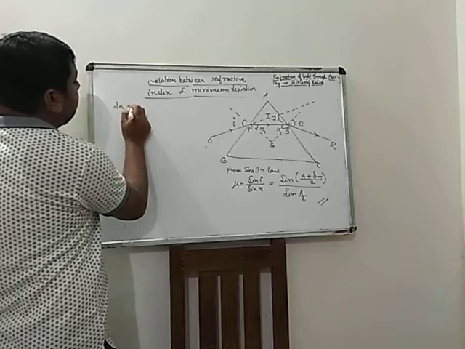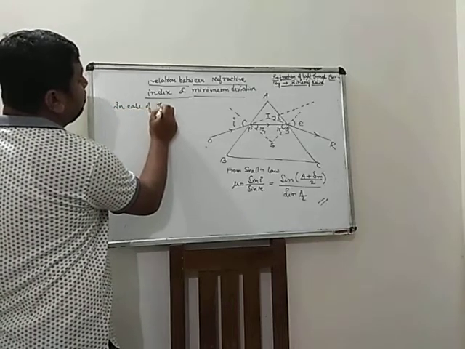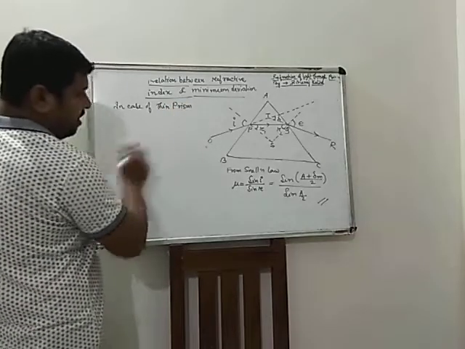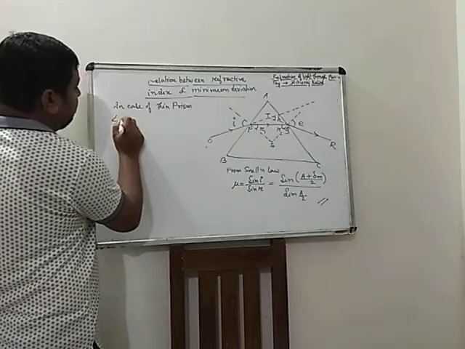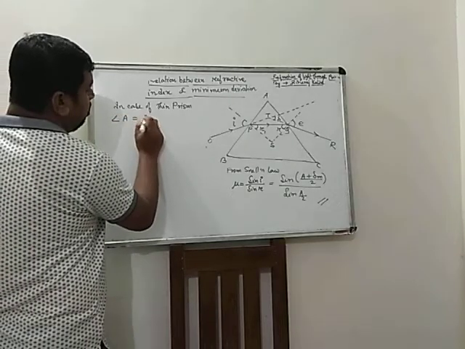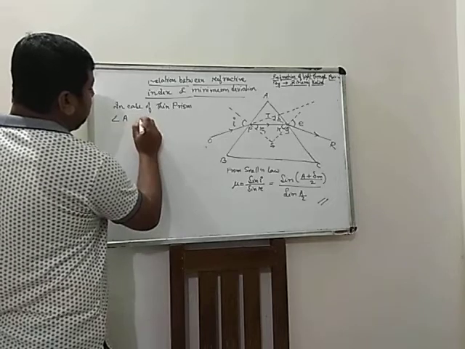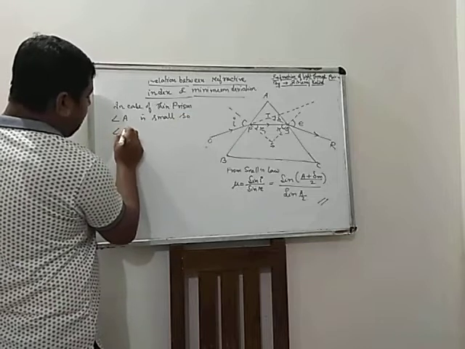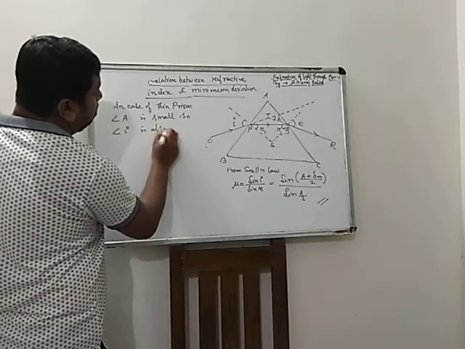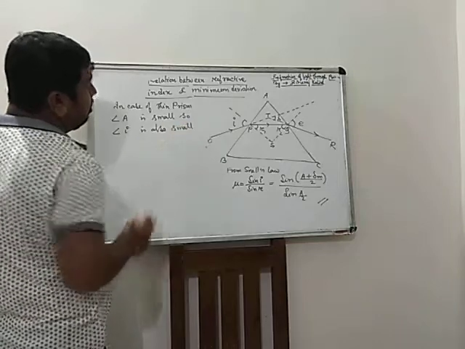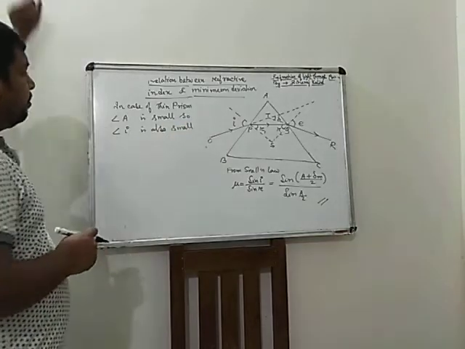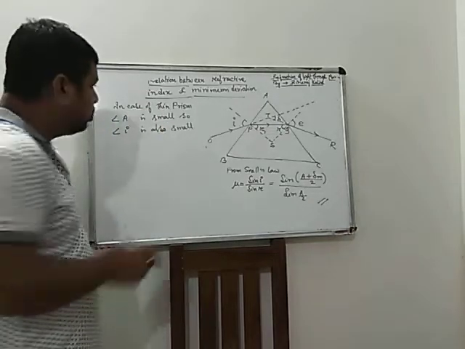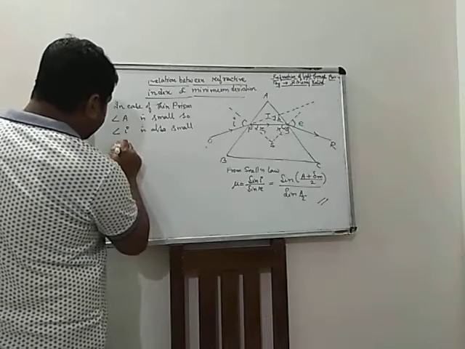In case of thin prism, angle of prism A is small. That means angle A is small, so angle I is also small. In case of thin prism, angle A is small, that means prism angle is small. If prism angle is small, then